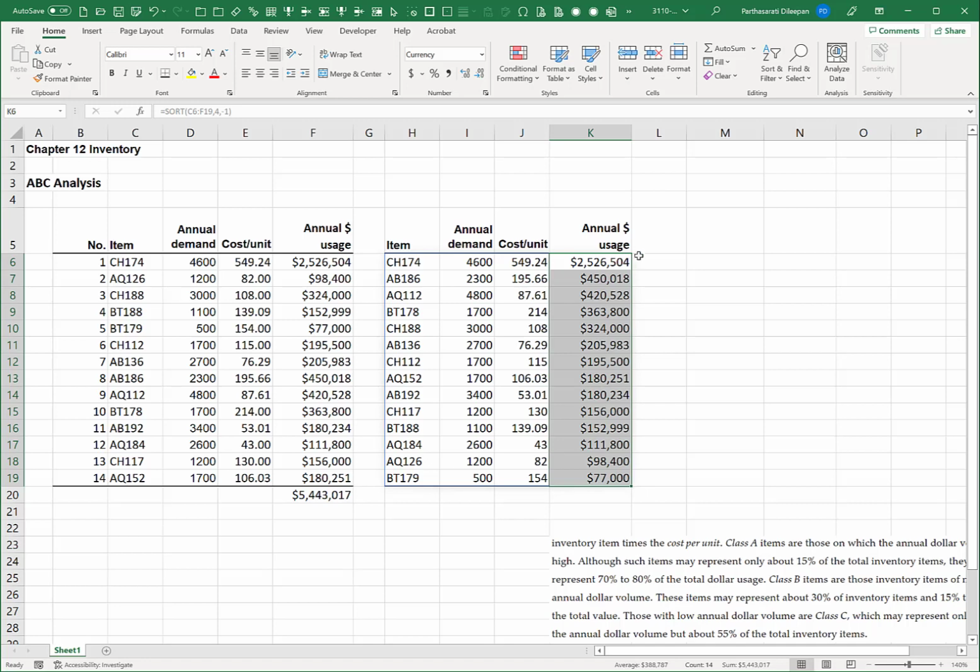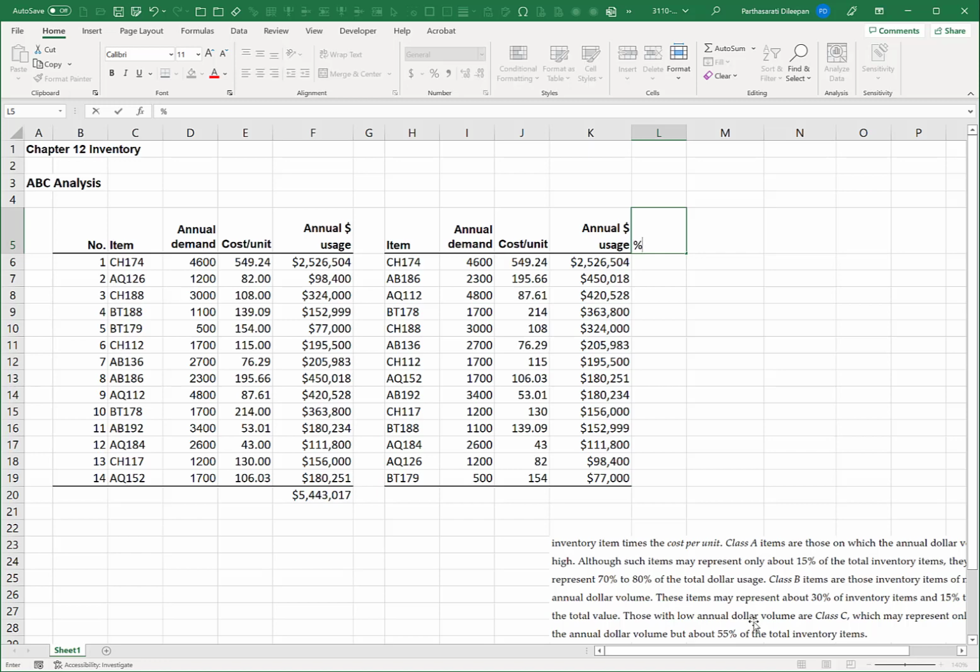Now we need to express these as percentages for convenience, so we can compare those percentages with the thumb rule for classification of A, B, and C items. So we want percentage of